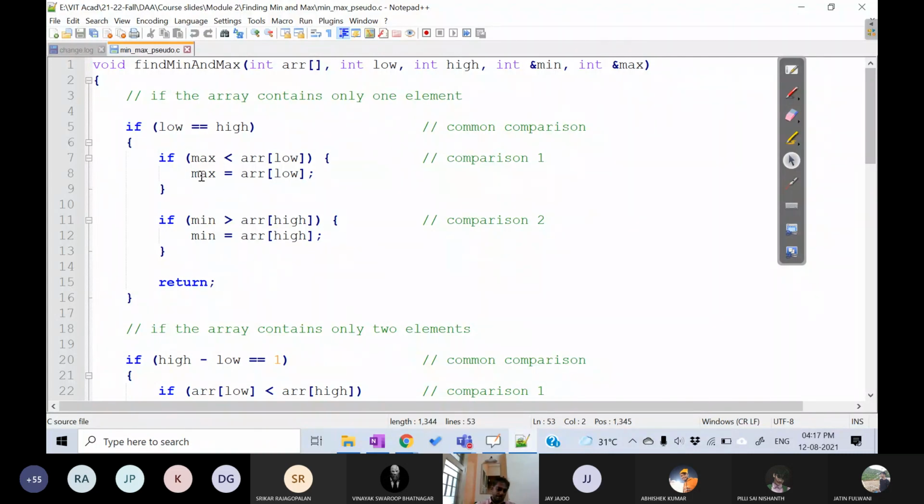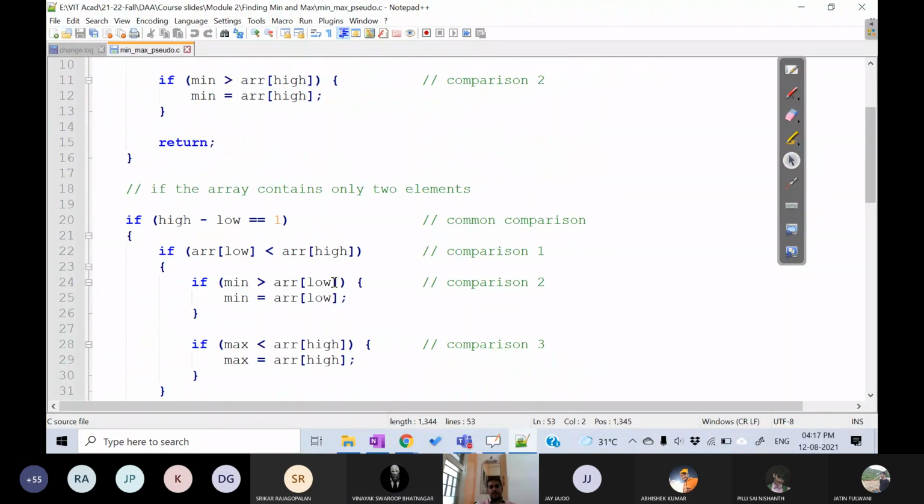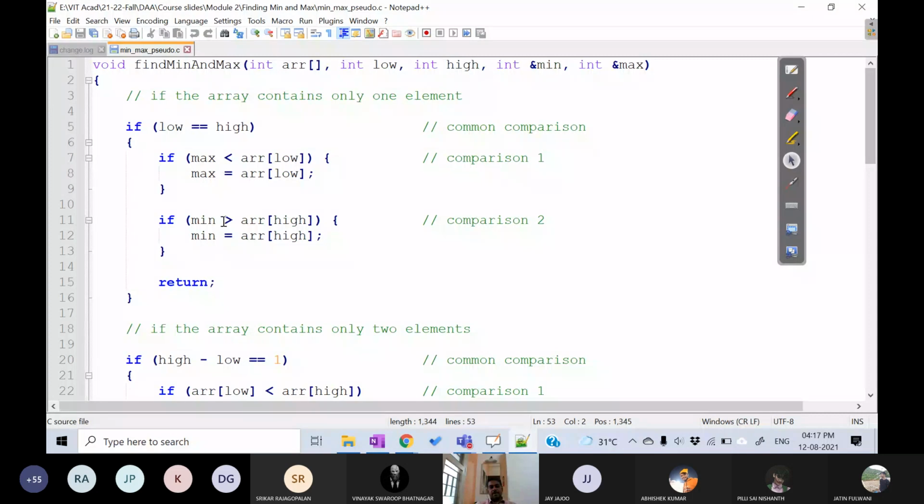Have you understood this? Everyone? Yes, sir. Okay. Then, whether you make these assignments in line number 8 or in line number 12, they may happen or may not happen, but either way you have to return. So in line number 15, we will return. That is why this is one of the base cases.